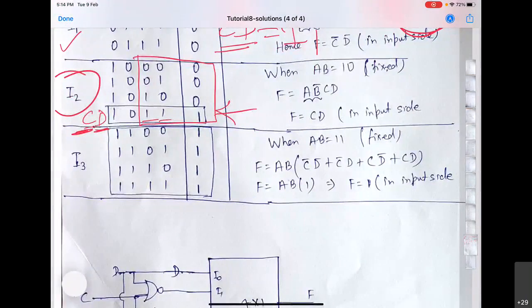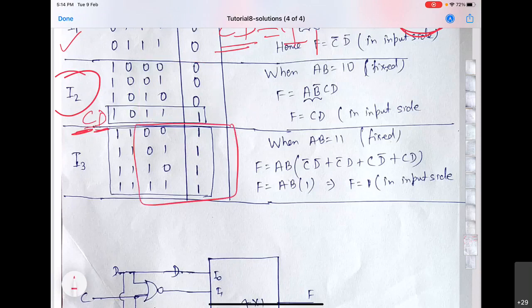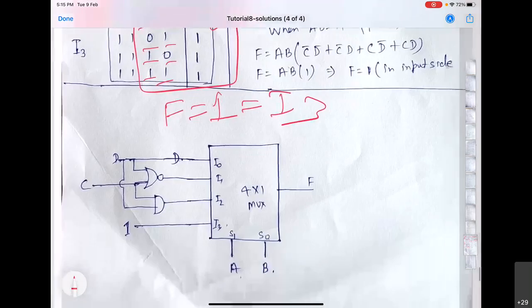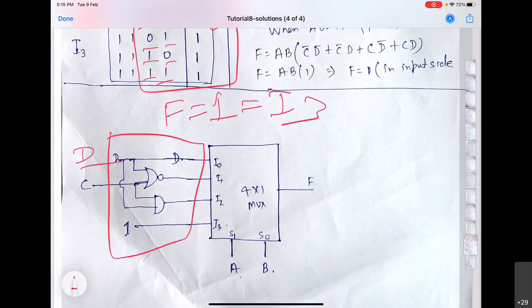Now if you see the last part, F is always equal to 1 irrespective of what C and D are. So F is always equal to 1 and this will be connected to I3, right? So your combinational circuit here you can see is this thing, and 1 will of course be another input.